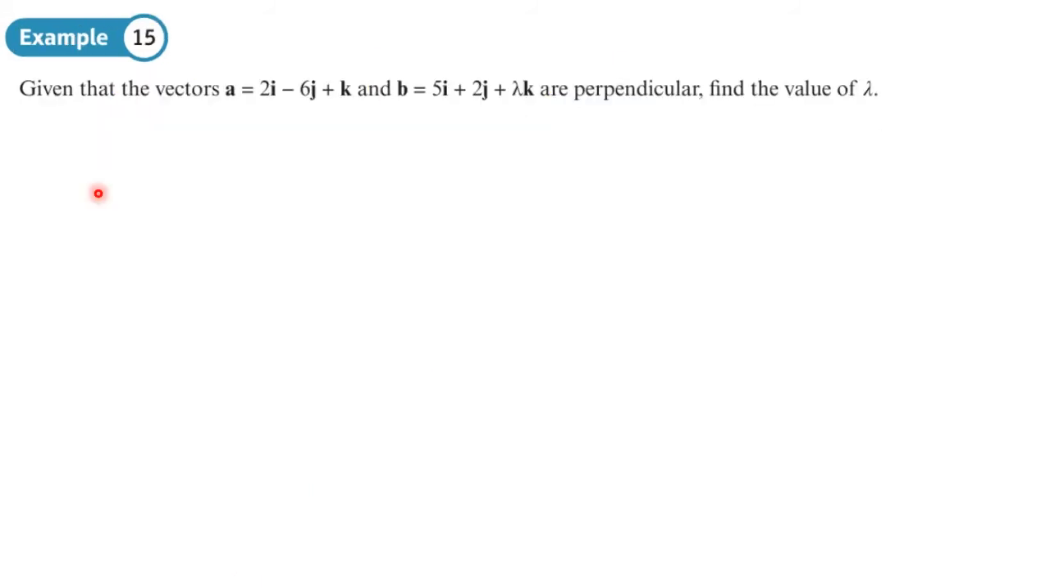Now here it says, given that the vectors A and B are perpendicular, find a value of lambda. So lambda's here, this unknown. Now we know that if A and B are perpendicular, then their dot product is equal to 0. So we'll just write that down as a reminder. We did say that earlier. So if A and B are perpendicular, their dot product, A dot B,